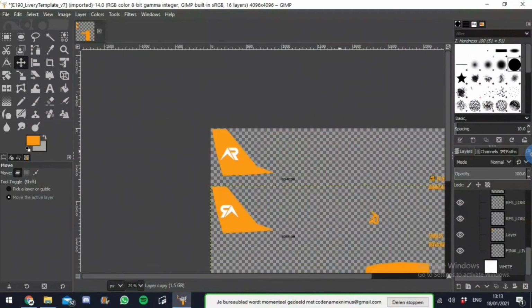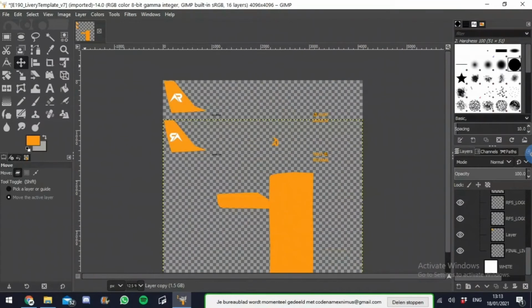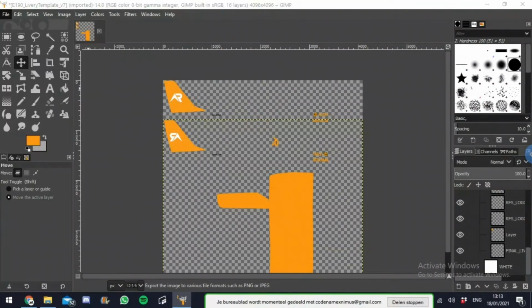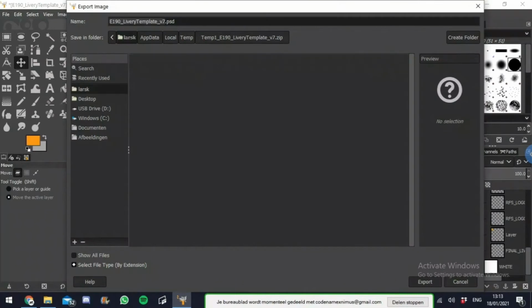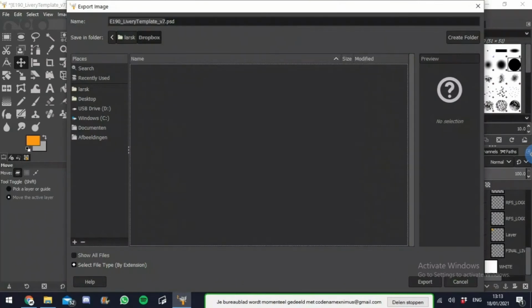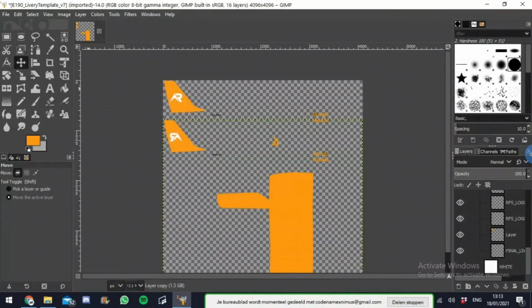So, what you will do now is make sure everything's correct, and then that there's no background as well, and then you just go export, just file export, and then I usually save it on a Dropbox because that one supports PNG and it's free, so that's good. So I put it on my Dropbox. What you will do now is, if it doesn't crash,